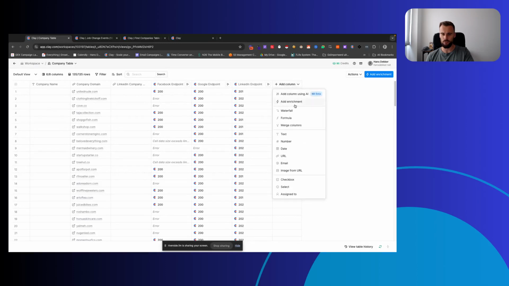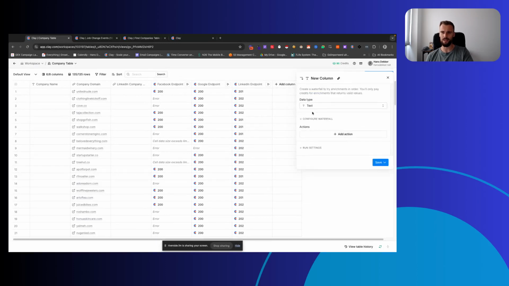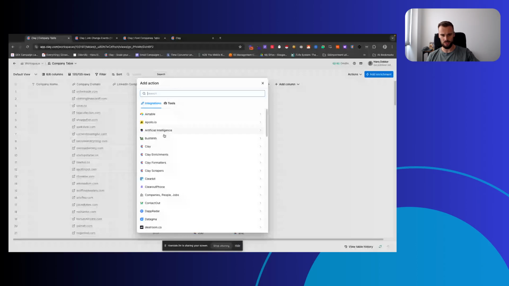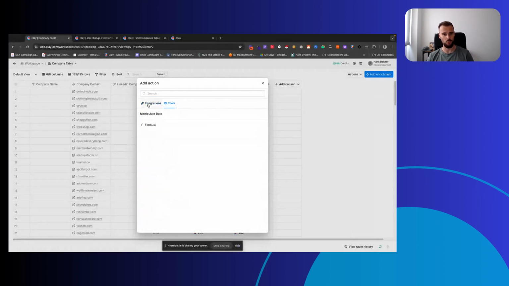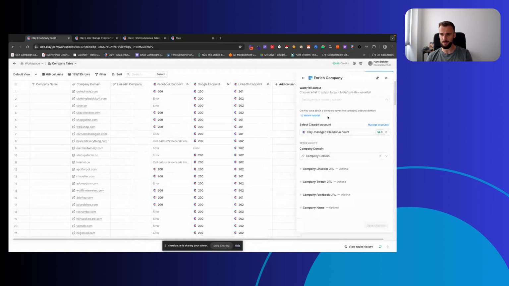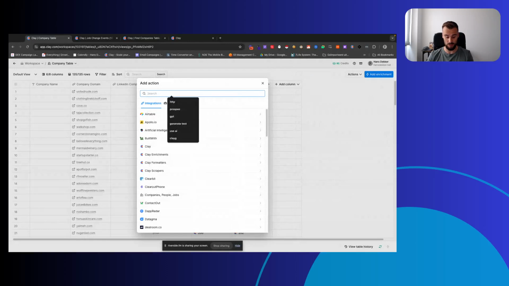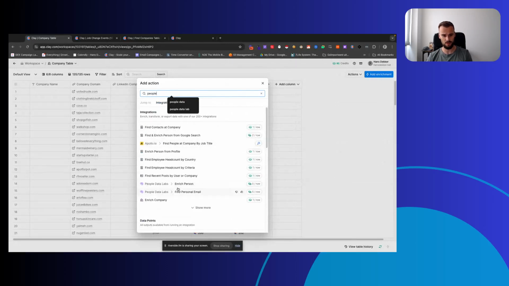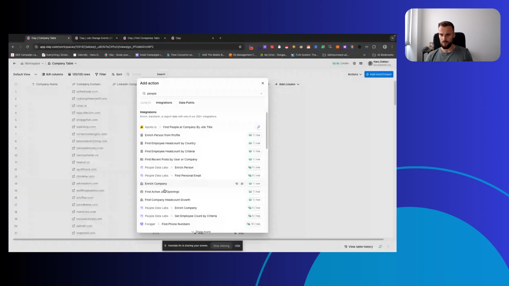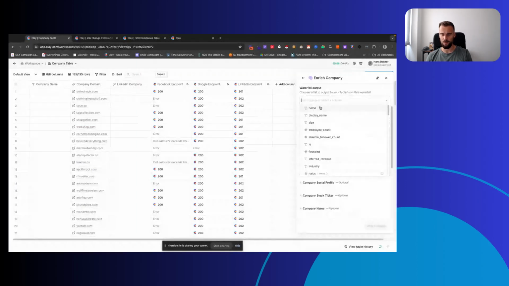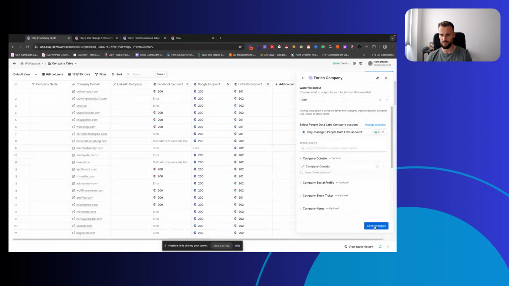To add a custom waterfall, you go to waterfall right here. Then you can add different actions. You have integrations, which are your usual integrations, and then you have tools, which is where you can add formulas. So let's go with Clearbit, Enrich Company, and then we could say let's get the company description from Clearbit. That's great. Then let's see, People Data Labs. There we go. Enrich company. From them, we get the company size, for example, just a really basic